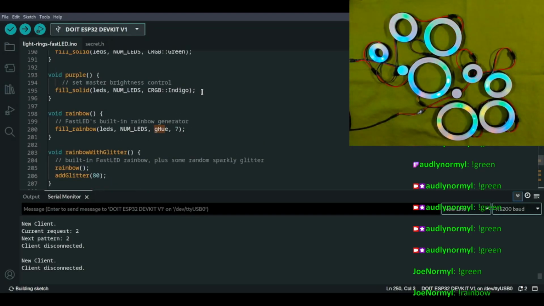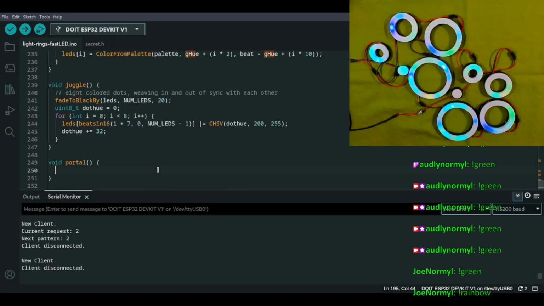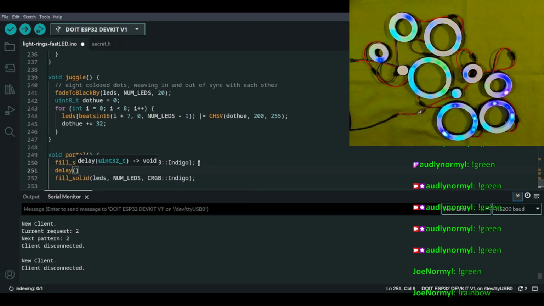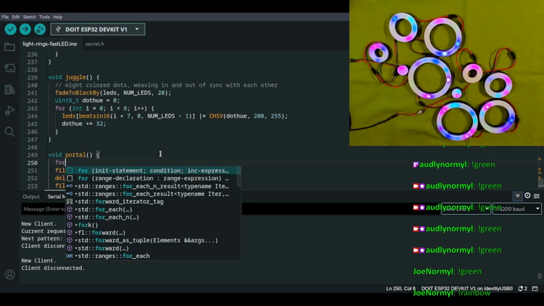We want to do fill solid LEDs, and then we want to just do it with a delay. Let's do 500. And we're probably going to want to do a for loop because we don't want to code like that one dude. Coding Jesus might come for us.